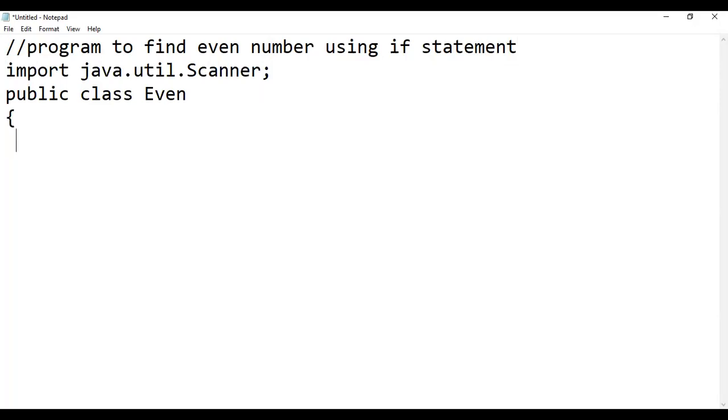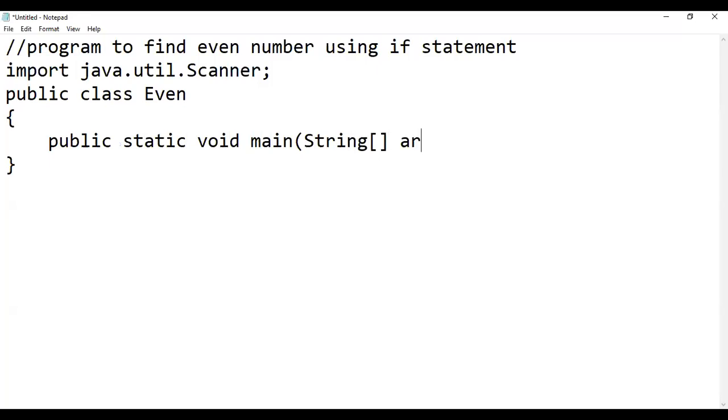Then the body of the class will start, and inside the class we will define our main method: public static void main. Now inside the main function we will write our code for our task.